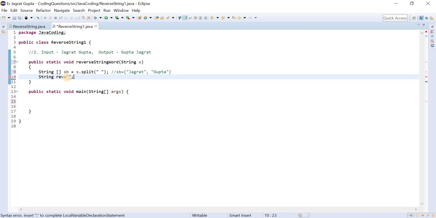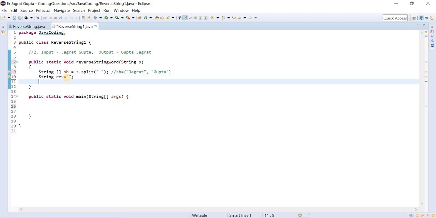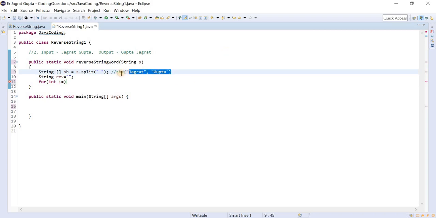So we need to initialize a string variable, and now we will apply a for loop, because we need to traverse this array.